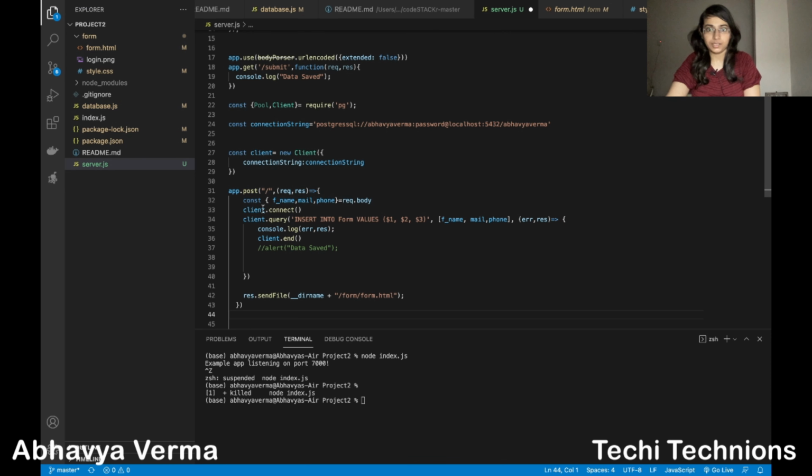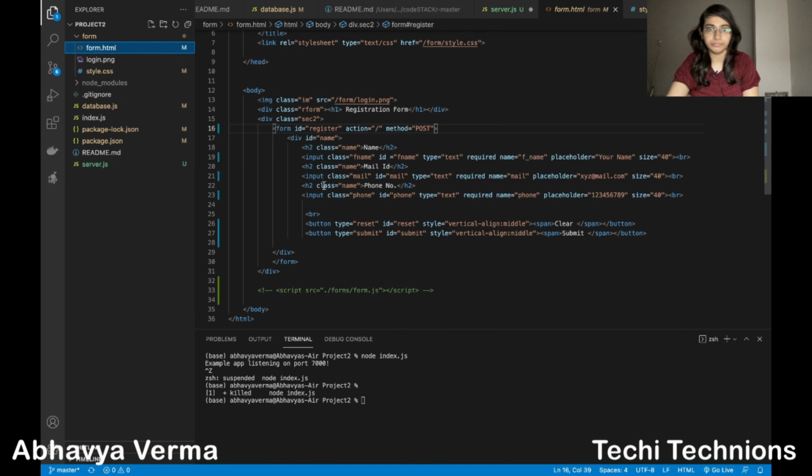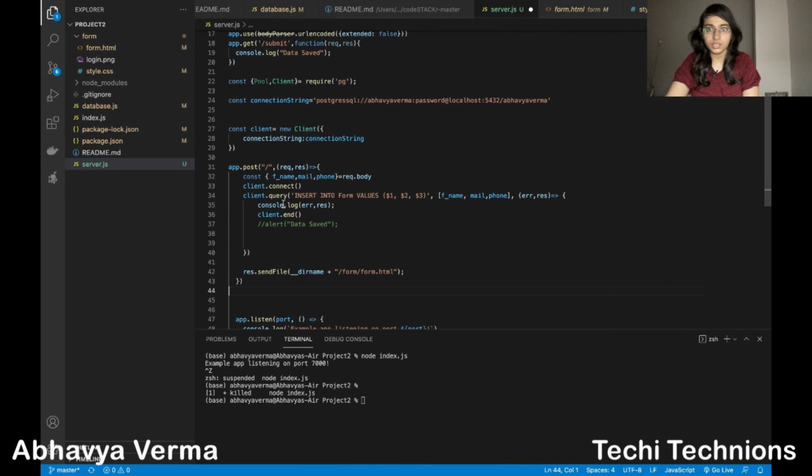Here I'm fetching the values fname, mail and phone. When you see the HTML form, you will see the names I have provided. The values you can get from the page are through this name property. I have taken them from here, and request.body will show you all these values.